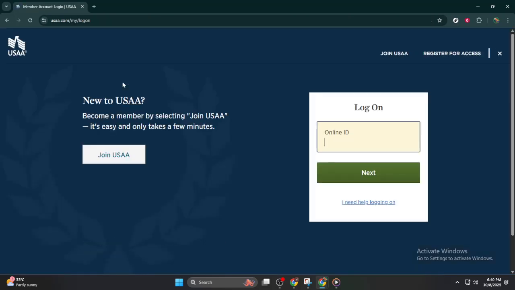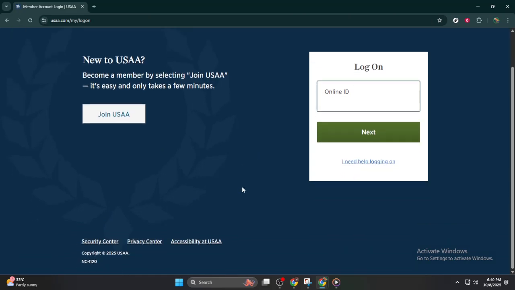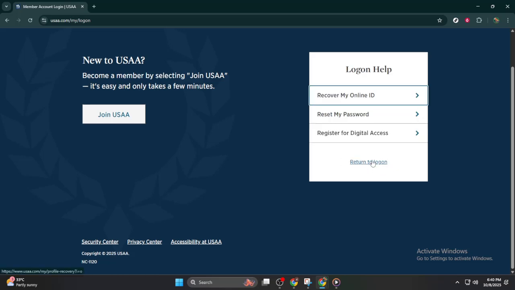This will take you to a familiar login screen where you normally enter your credentials. If you're here, it's probably because you're having trouble accessing your account. Don't worry. Directly beneath the login fields, there's a helpful link that says, I need help logging on. Click on this and you'll be guided to a new page that offers solutions to various login problems, including resetting